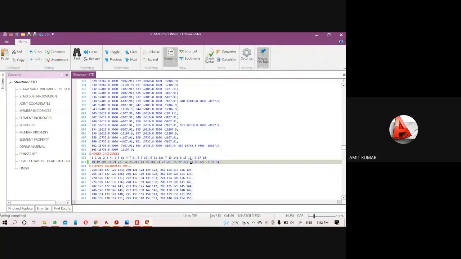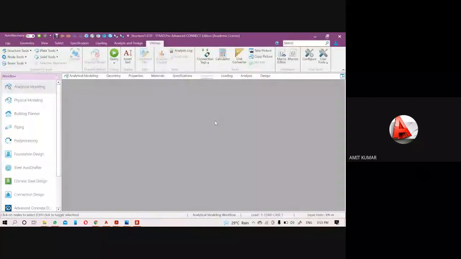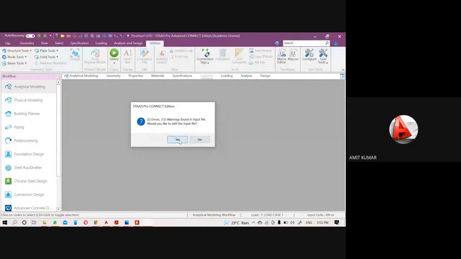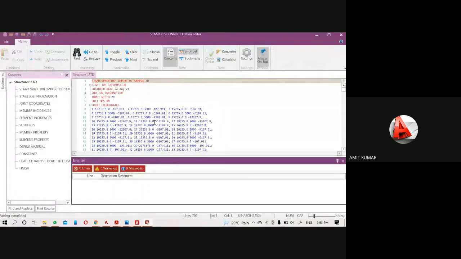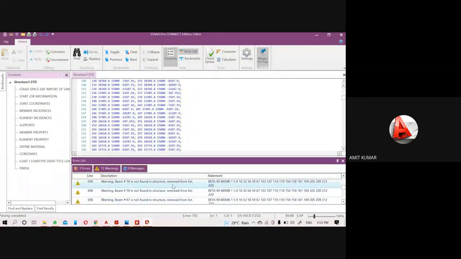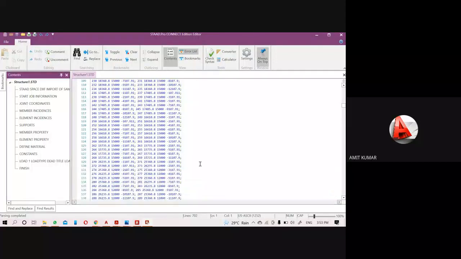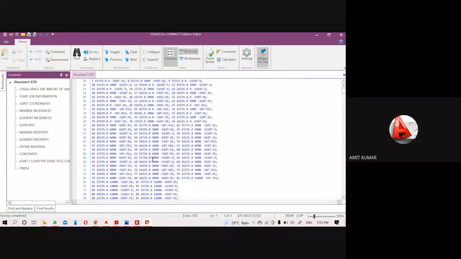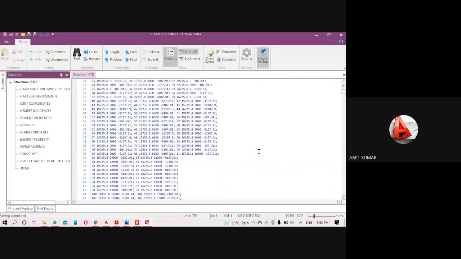Most of the beams have been deleted. So when I press Ctrl S and close it, you will see in our structure that it is showing a few errors also. That means properties will be missing here. You can see the properties and the beta angle values which I defined earlier. That means we have to remove that beta angle command also.